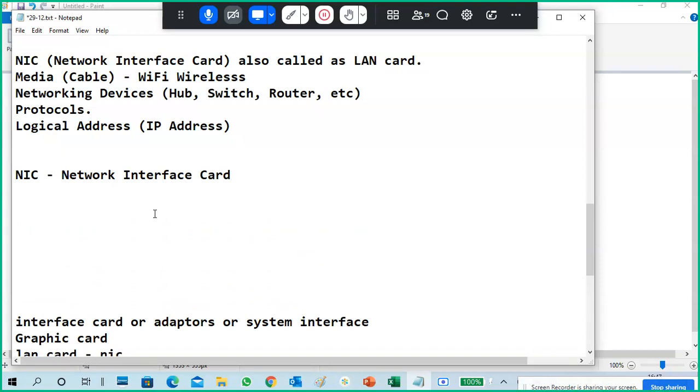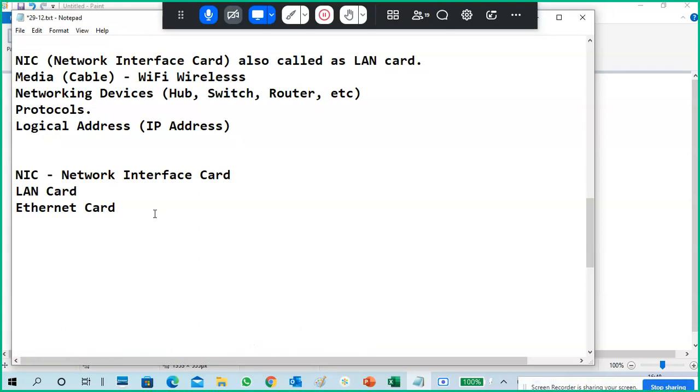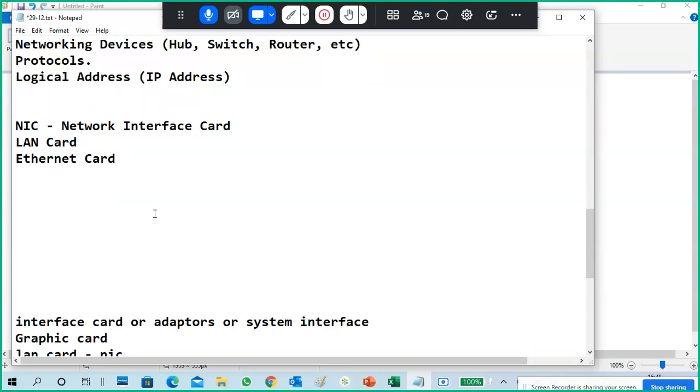These NICs are also called LAN cards, or Ethernet cards, because we are using the Ethernet way of communication. Generally we use Ethernet cards.